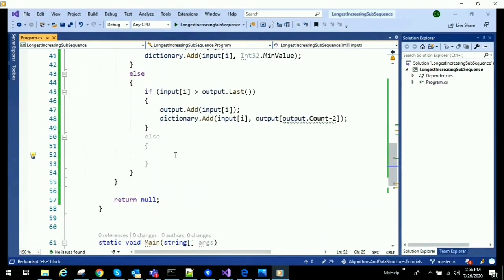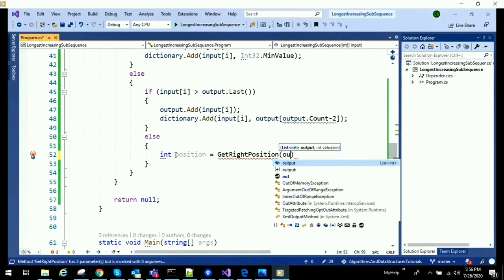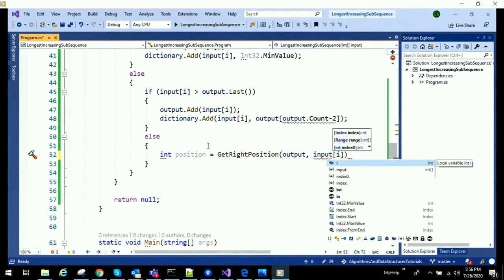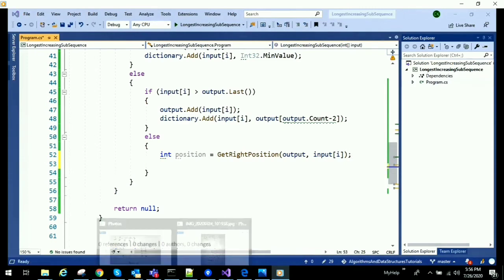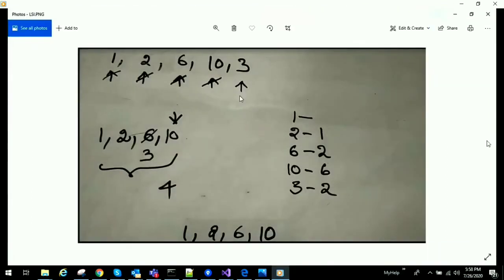Now call the method and get the position. Int position is equal to get right position. We are passing an array, and we are also passing the element to set, that is current element. And once we get the position, in this case 2, we need to verify what is the value at that position, and we need to compare whether that value is greater than current element.